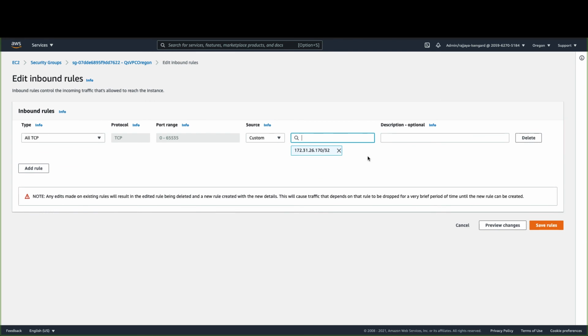Please note that when we are working with VPC peering connections across regions or across AWS account IDs, we cannot select the security groups. So instead of that, we'll have to provide the IP addresses or CIDR ranges. Now we have established a rule which allows the return traffic coming from the RDS instance to reach the QuickSight VPC connection. I will save this rule.